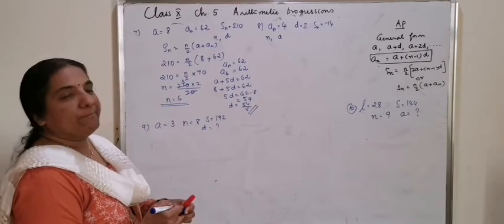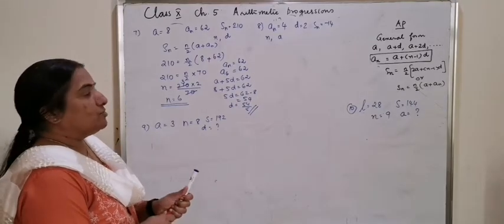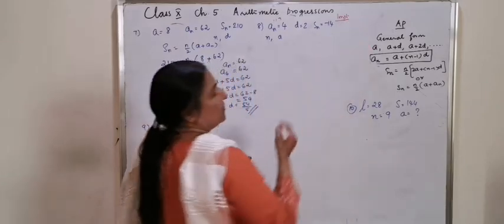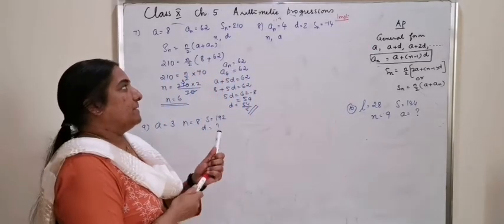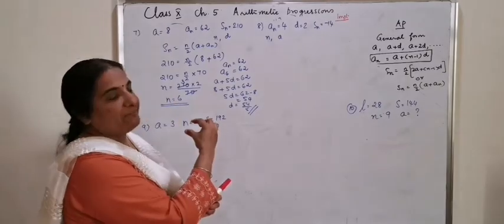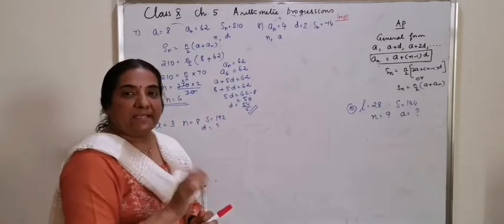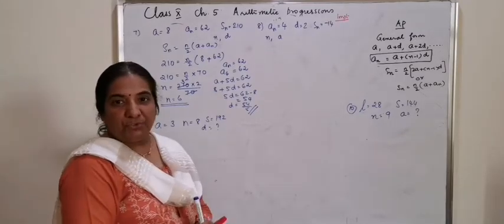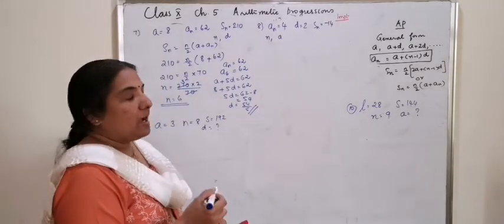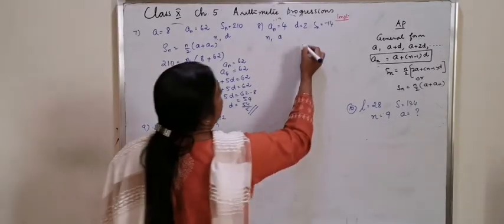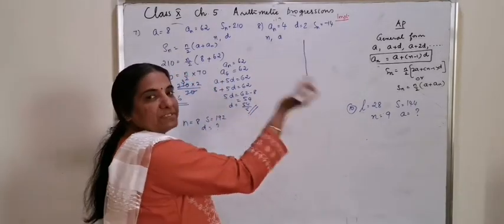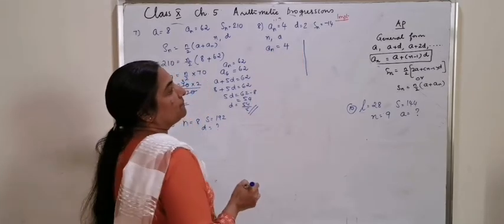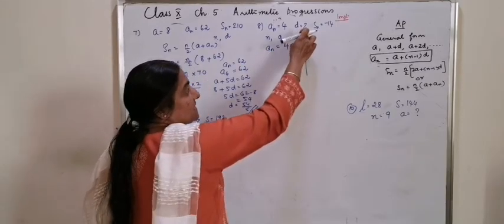Now, question number 8 is to be studied as such. It's an important question. You have to study the same way. You have been given An is equal to 4, Sn is equal to minus 14, d is equal to 2, n is unknown to you, a is unknown to you. How can you start this question? You will always start with whatever is given in the question. An is equal to 4 gives you an idea because the value of d is given to you.